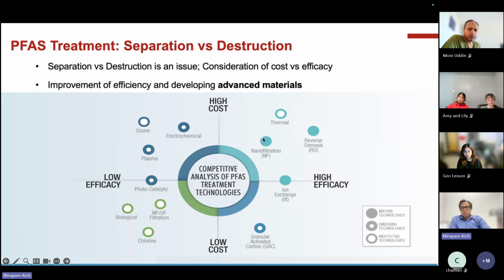Okay. So the point is, there are two parts of the problem. In many cases, we are solving this problem by this, but this is not the perfect solution. Now we have to treat or destroy these PFAS that we are also capturing from water. Okay, so that's where my group is working mostly, on advanced materials to design new types of PFAS destruction processes. And the other part is these are very, very expensive. No matter which process you go with, they are still very, very expensive.